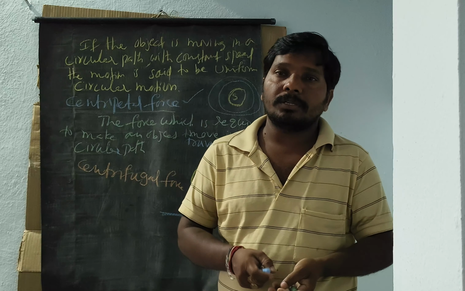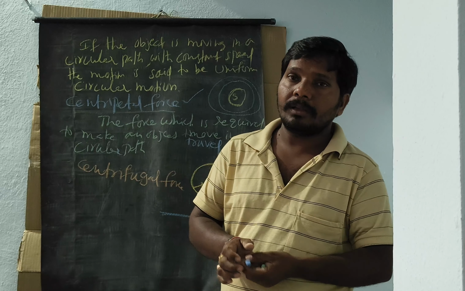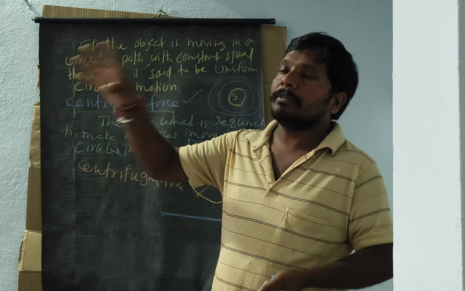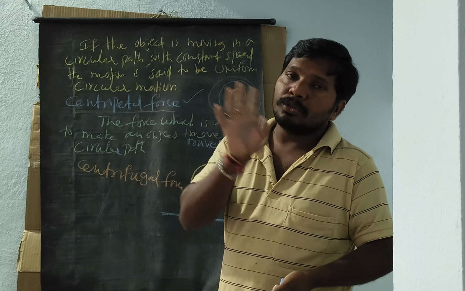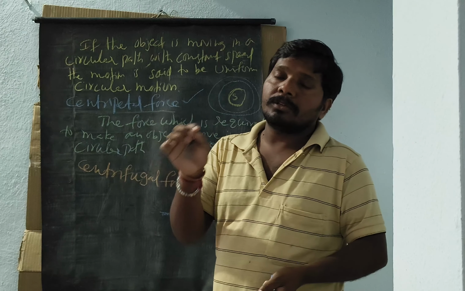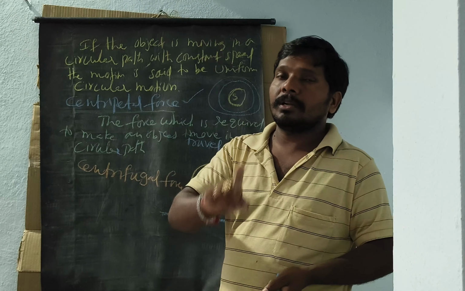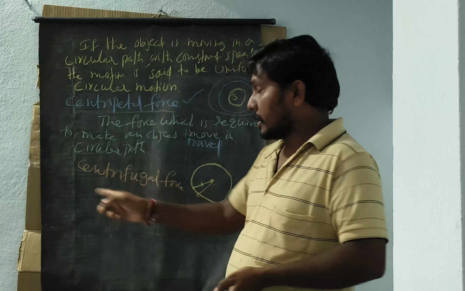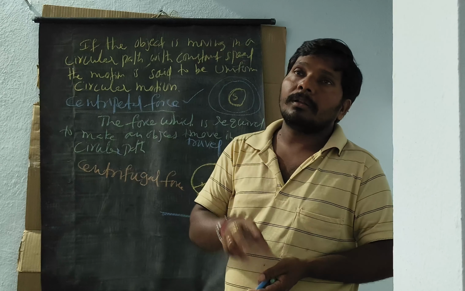When there is no change in the velocity, we can say it is non-accelerated. If the body is moving in a straight line with a constant speed, there is no change in the direction, so there is no change in the speed or the velocity. That's why the motion of a body in a rectilinear, straight line is an example of